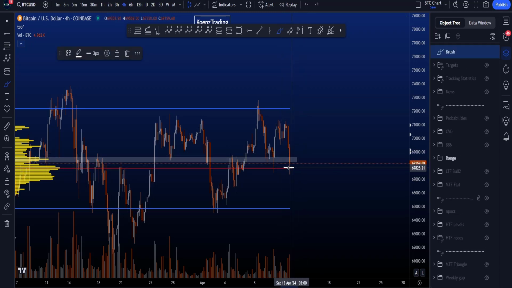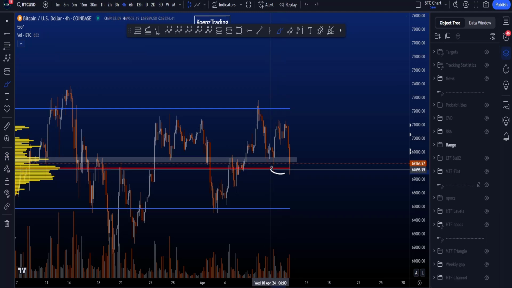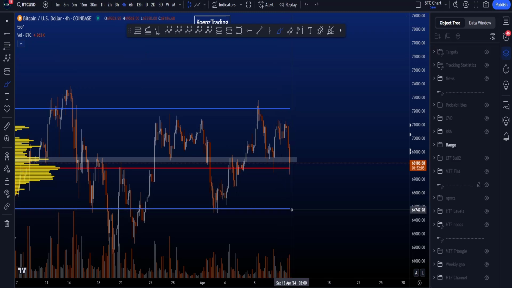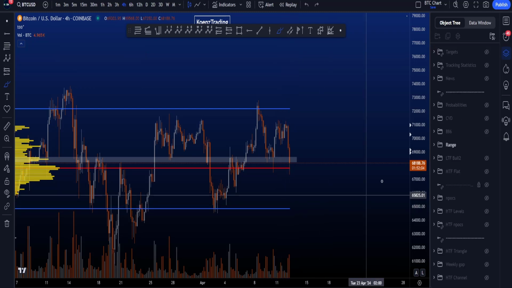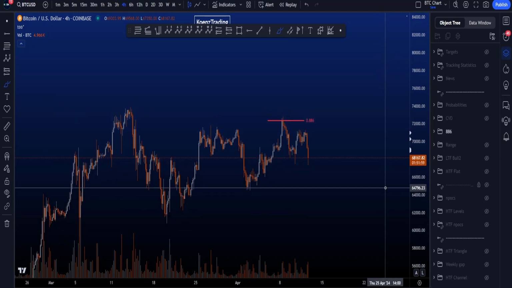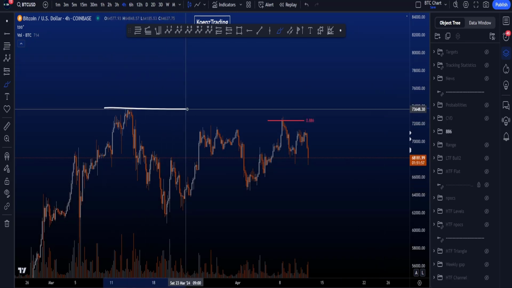The point of control again acting as a little bit of support, and we also wicked this low, but by losing the point of control we do increase probabilities to move to the value area low, which is sitting at 64.8k. The probabilities generally, however, on the higher time frames are higher to take this high sooner or later after